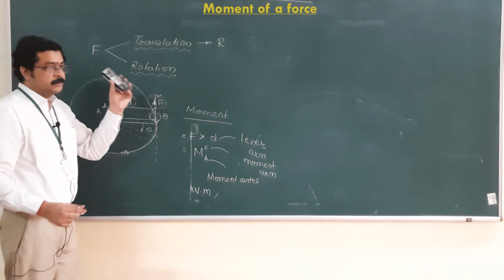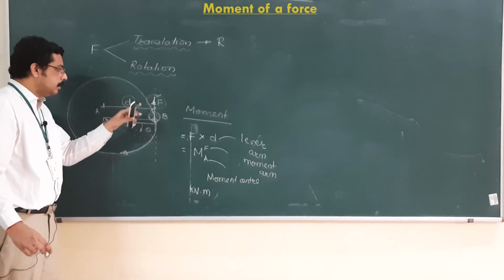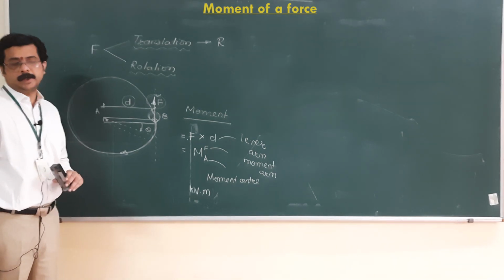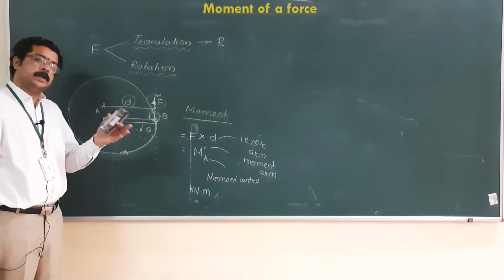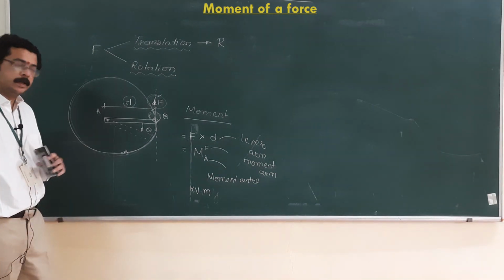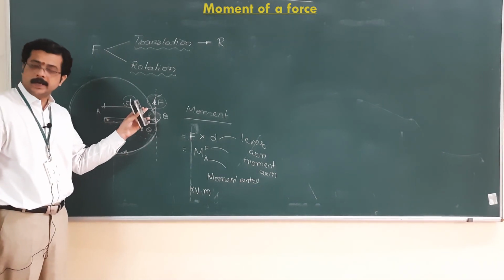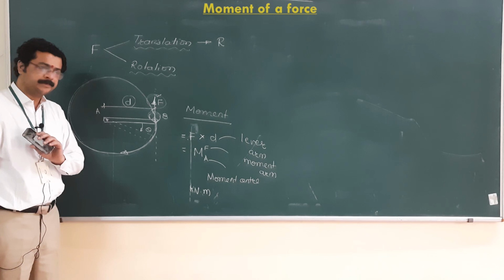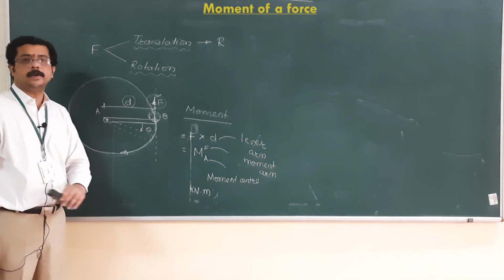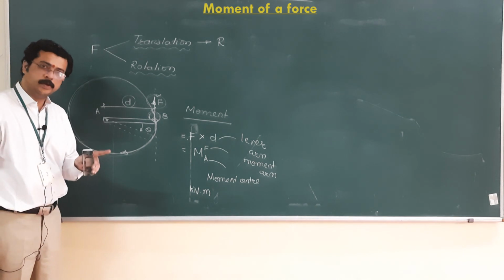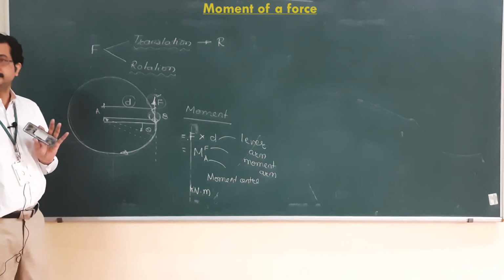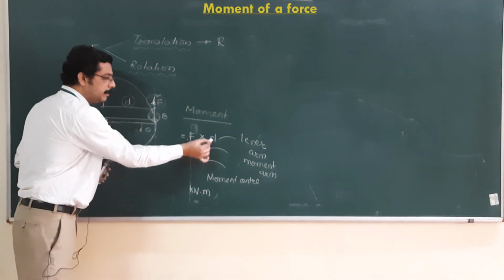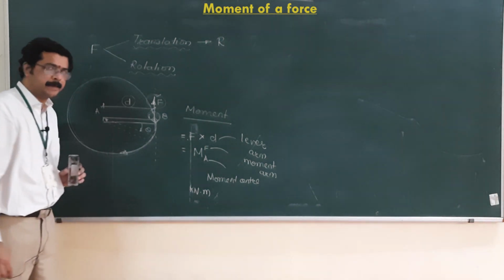Why are we discussing these points? Because force F, and also the moment of that force, both are vector quantities, okay. If we consider the definition of a vector quantity, force F is considered a vector quantity. It requires magnitude, direction and point of application, these three things. Similarly, moment of a force is also a vector quantity. Hence, it will require magnitude, direction and point of application, okay. How is it identified? Magnitude of force multiplied by distance will give us its magnitude.